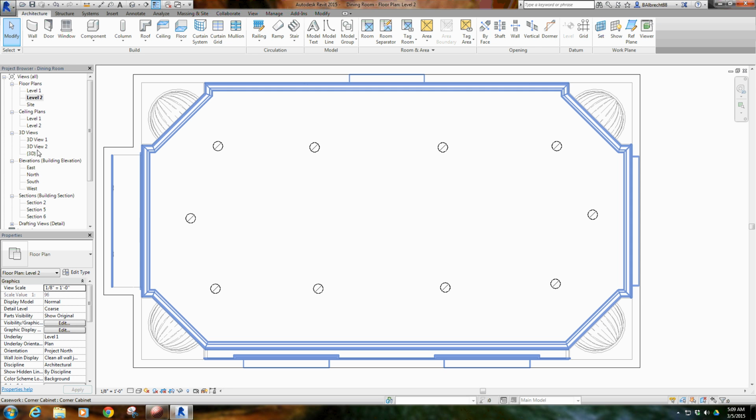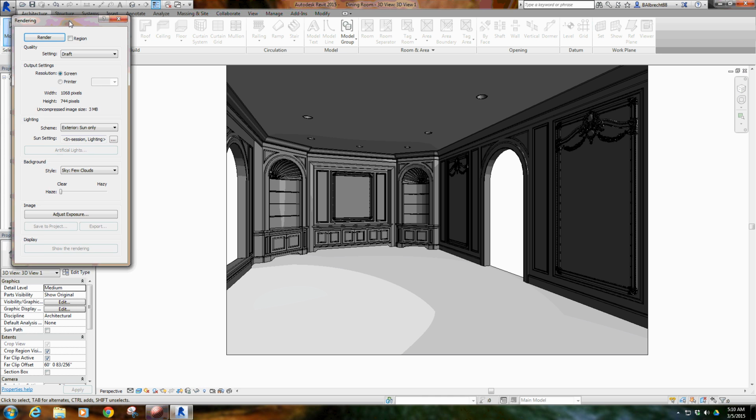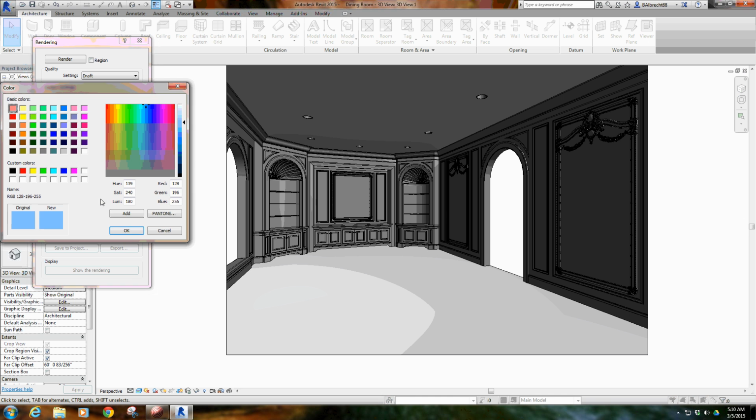Okay, so if I go back to my view here, I'm going to do a little test rendering to see what this looks like lit up. So if I go to my little teapot down here, I'm going to change this from exterior sun only to interior artificial, because I only want my artificial lights here to render. And then I'm going to change this background style to a color, and I'm just going to make it jet